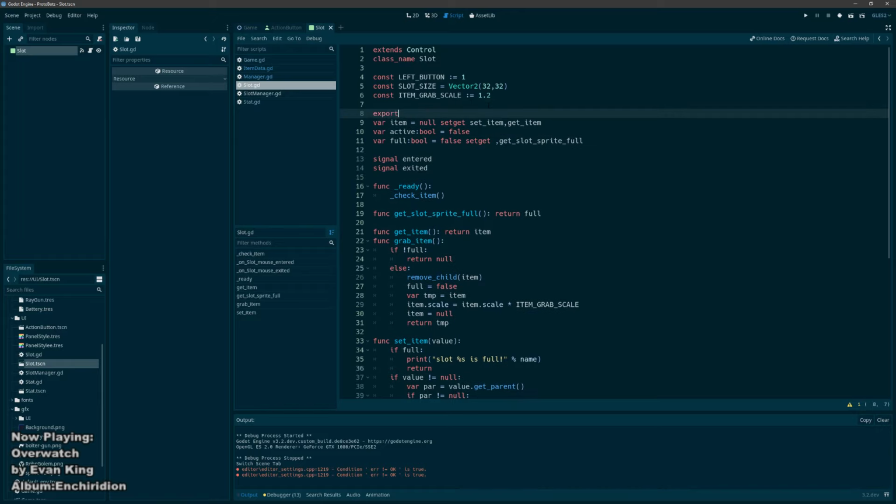Export. So manager dot item type, var type equals manager dot item type dot, well, for these we would say none, and if it's none,